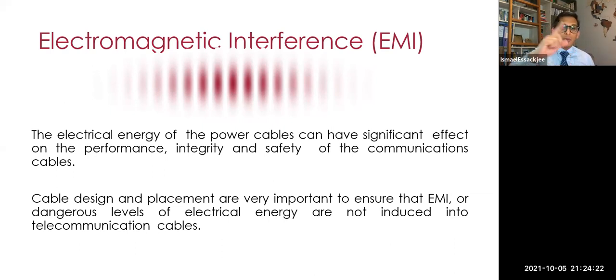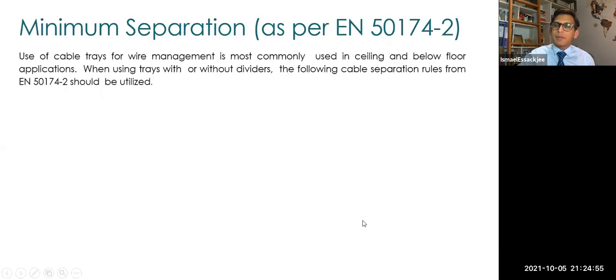So you have what we call a process of induction. This is going to create a magnetic field, the current passing through the conductors. And if this magnetic field is crossing another cable nearby, especially if it is running in parallel, this is going to create another voltage over there, and since it's a complete circuit, a current can flow as well. So it's going to induce a voltage in there, and this is what can affect the integrity and performance of the electric cables, what we call electromagnetic interference.